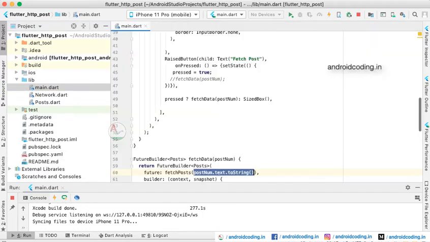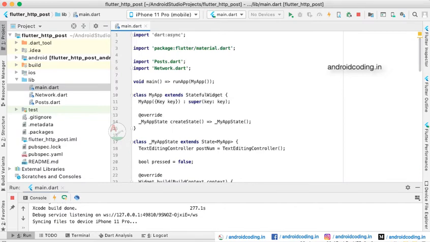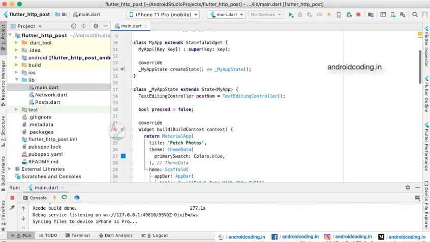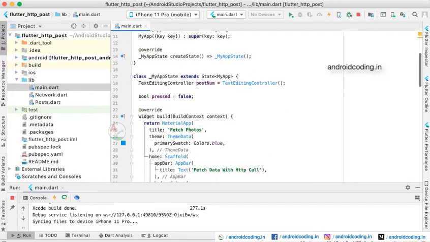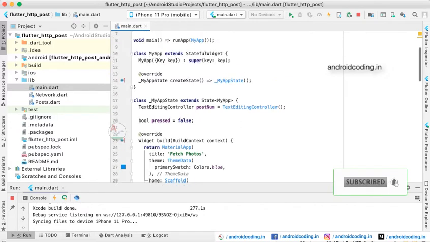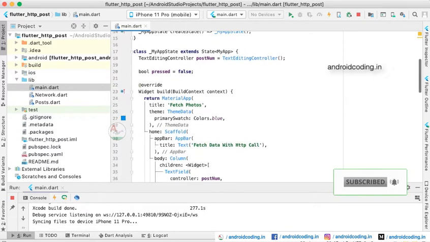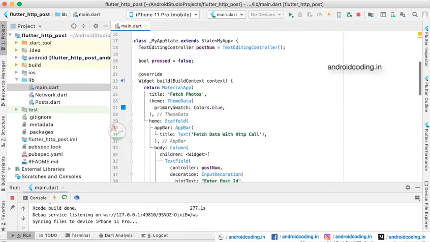So now let us go through the main.dart file here. So here we are initializing with the void main, and we are considering the default class myapp extending the stateful widget. So here we have created a state myapp state here, which is extending the state of myapp class. Okay, so here we have specified a boolean variable, and we have declared the initial value to be false here.